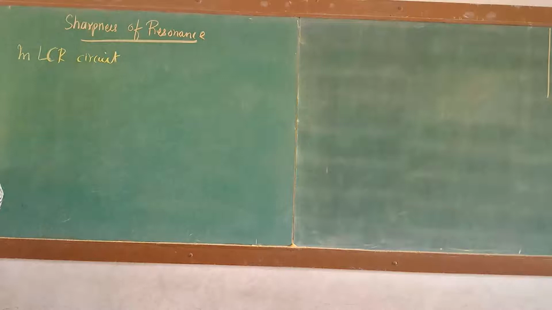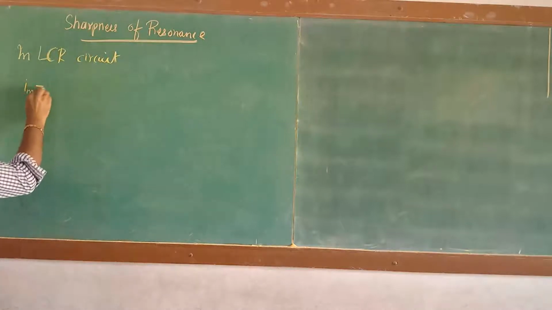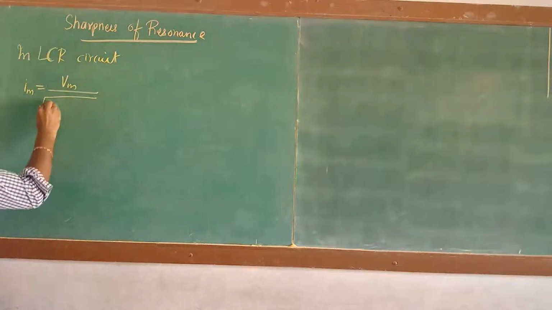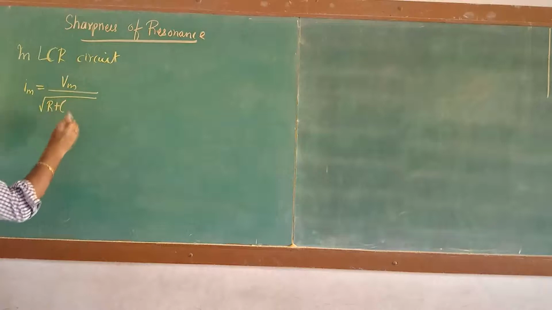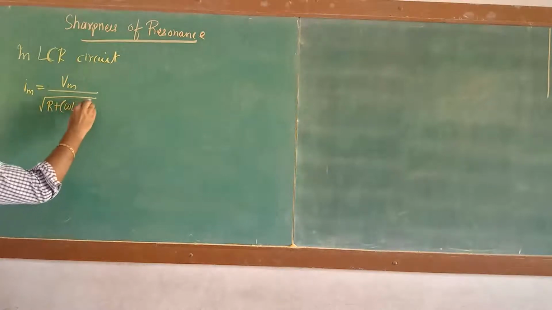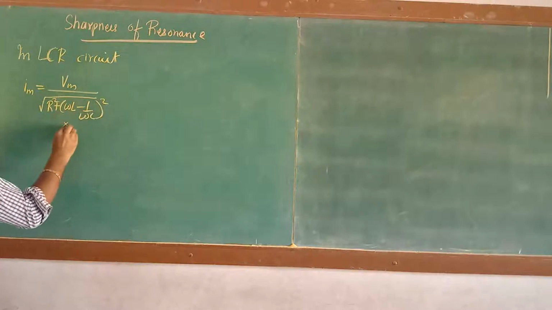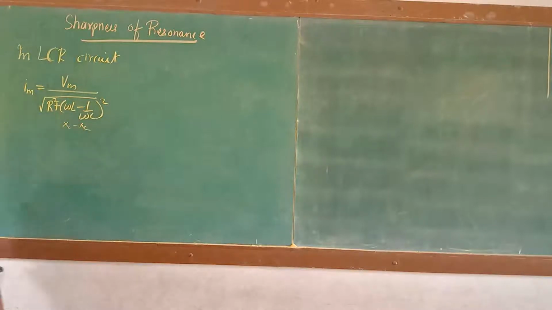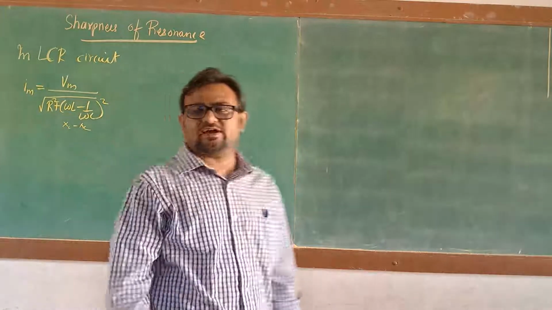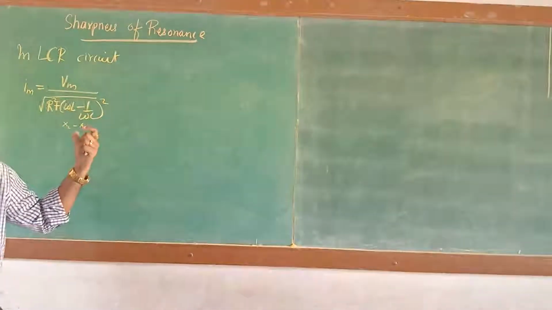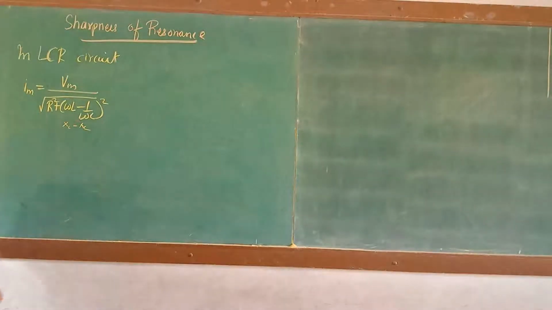the amplitude of the current, that is maximum current, the formula for that is Im = Vm upon under root of R squared plus (omega L minus 1 by omega C) whole squared, or as I can also write, XL minus XC. Whether I write XL minus XC or XC minus XL, it doesn't make any difference because it is a square. So I am taking this formula. Now what happens at resonant frequency,